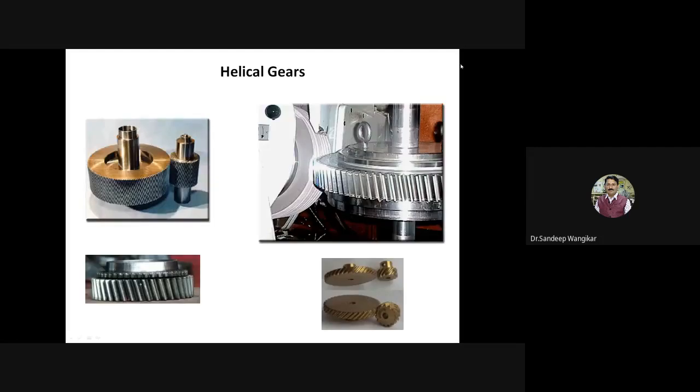Helical gears. The basic introduction that we have about the helical gear is that the teeth are cut at an angle, or in other words, the teeth are inclined, and this angle is called the helix angle, the angle made by the teeth with the center or axis of the shaft. If you refer to figure number one and the adjacent figure, you can clearly see that the teeth are cut at an angle, which clearly indicates that this is helical. See here also what type of teeth are cut. These are some examples of helical gears.